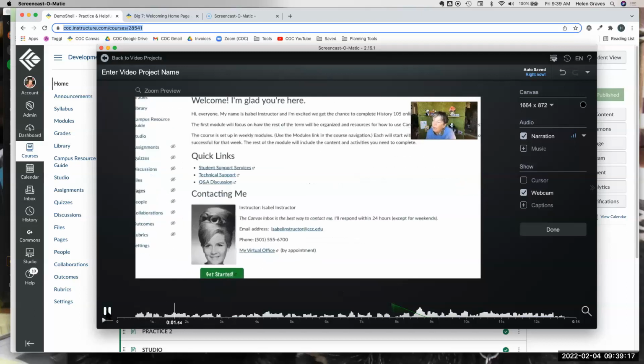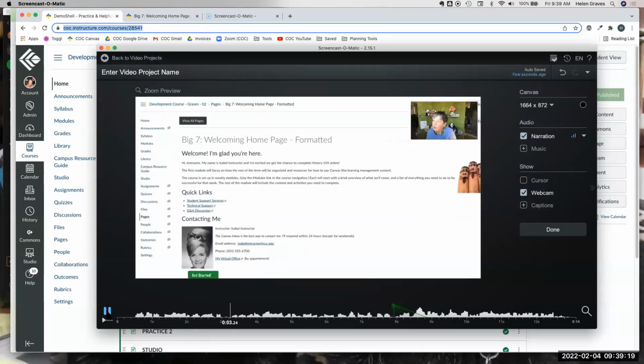Hey, welcome. Here we are on the home page. So it's just another feature that allows you, if you're showing something kind of small on the screen, to zoom in and let students really see what you're pointing at. In the Zoom area, I can still use all the tools. So I could add a text box, I could add an arrow, I could add whatever it is I want to do. So you're going to have fun playing around with this.